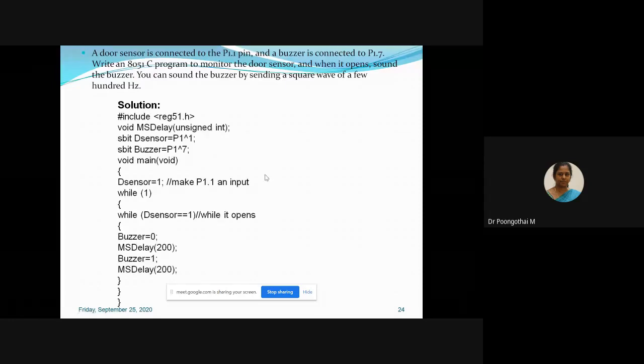So please note down the solution for this application. This application is very important. In port programming, sensor interfacing is very important.